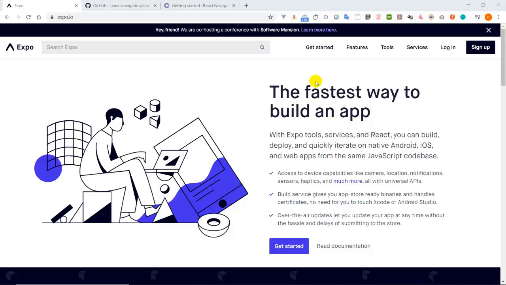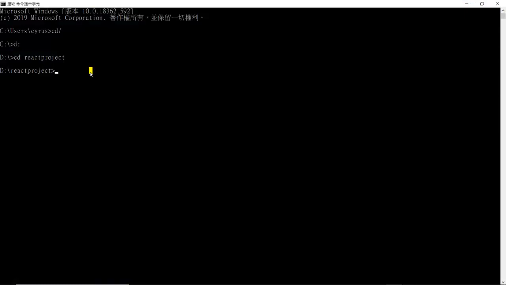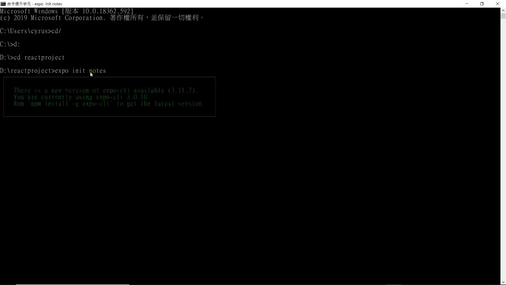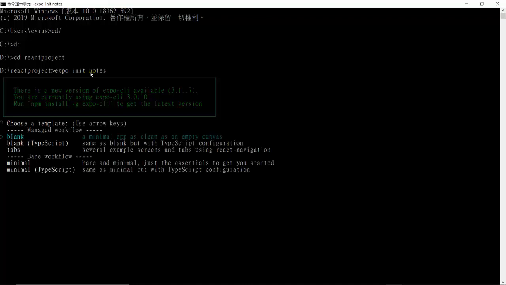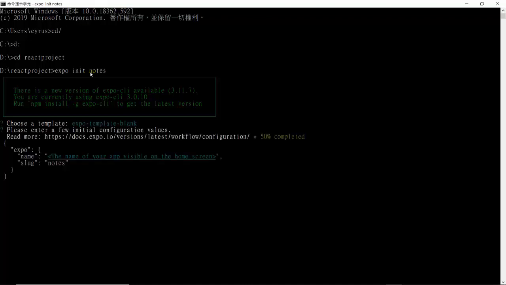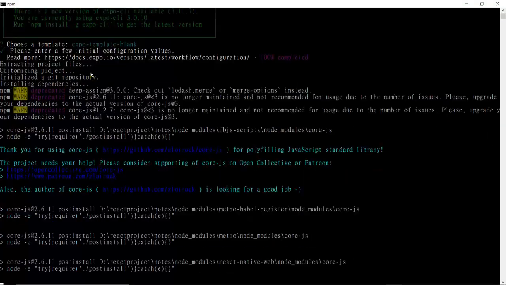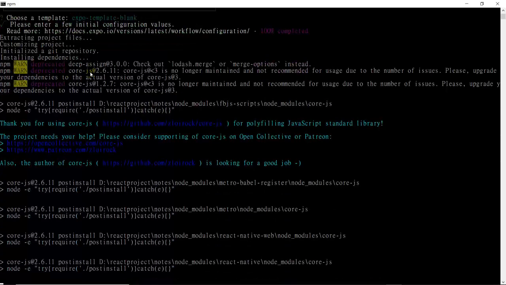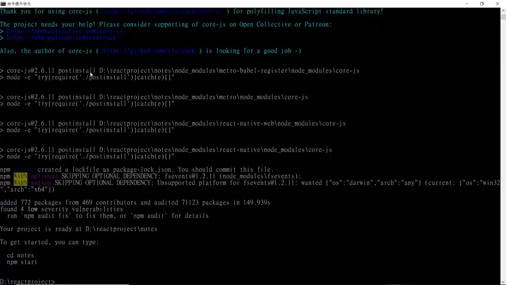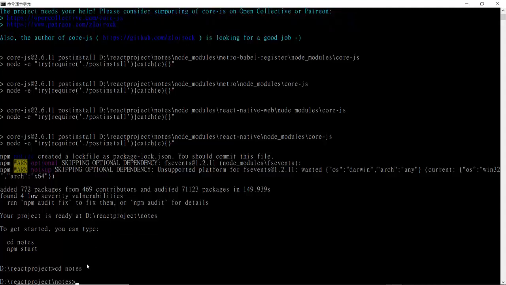To create this Notes project, we are going to use Expo to create this app. So we have to go to the terminal or the command prompt in Windows, and then we type expo init notes. And we choose blank, and we also type notes. Now, as you can see, we can go to the notes folder and enter the project,